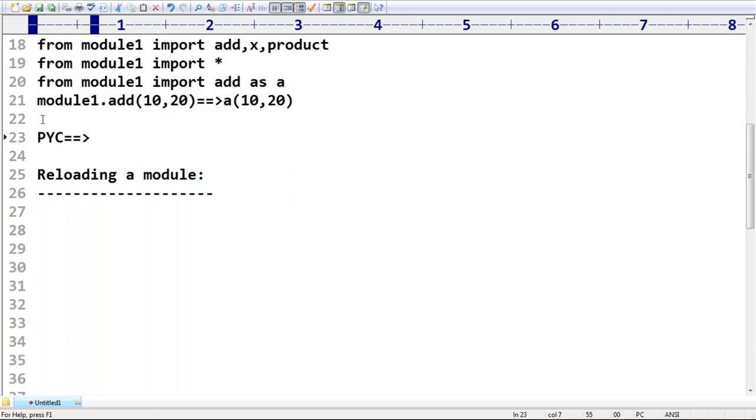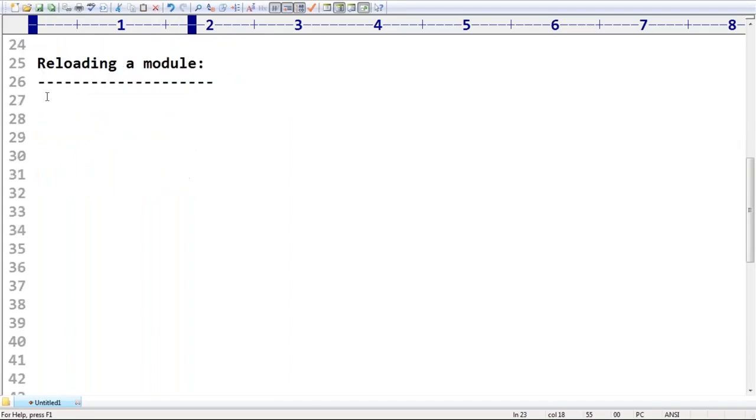And where will it be saved, sir? Anyone can you please tell? I forgot the folder name. Where will it be saved? Underscore, pycache folder. Are you getting right? In this __pycache__ folder, by default it will be saved for every module. The .pyc compiled file will be generated and saved in this location, right? Clear? Now my requirement is reloading a module.